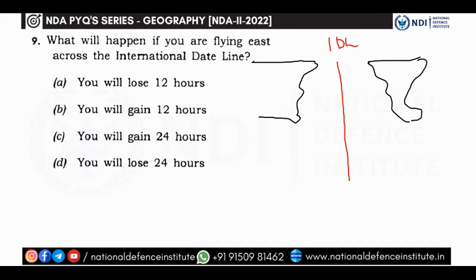That means Asia here. You will be having US here, so that means US will become east and Asia will become west, because the 180 degree line is exactly opposite the prime meridian of 0 degree longitude. So this will be 180 degree east longitude and also 180 degree west longitude. So for that only, the question is, if you are flying east across the international date line,